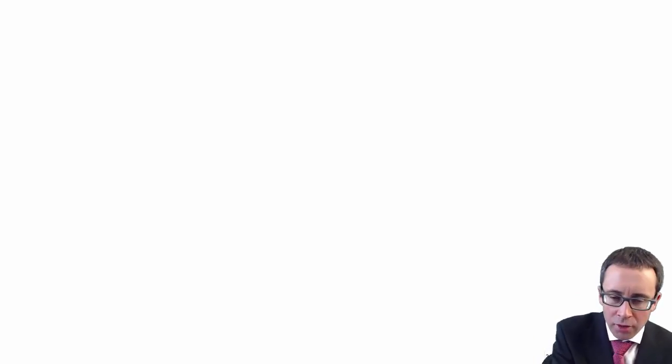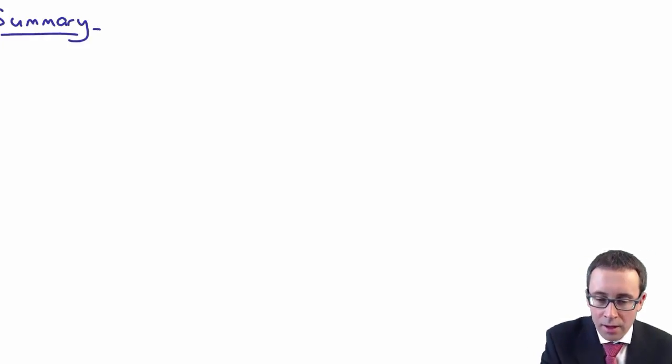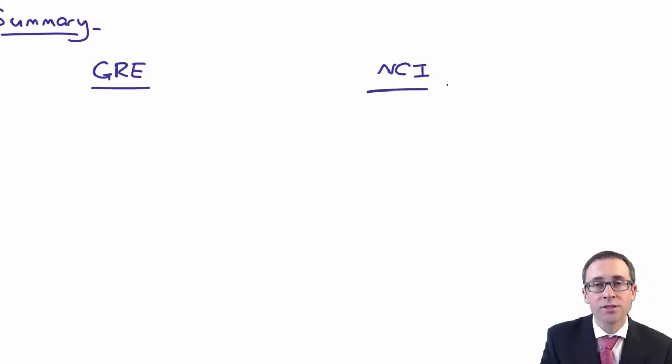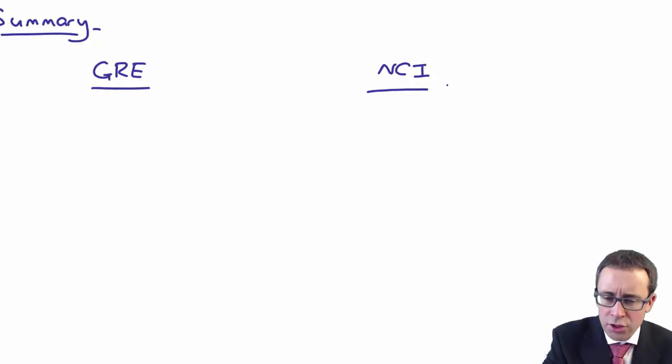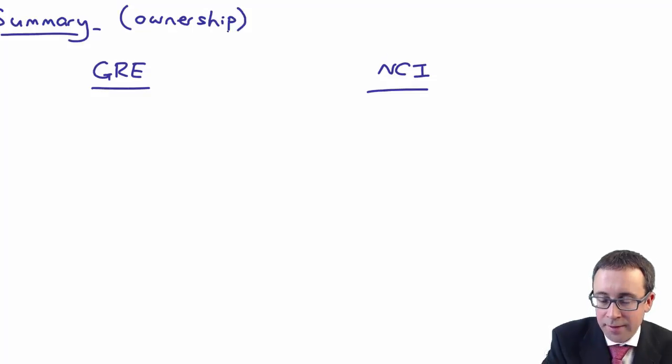So what I'll just do is a quick summary of the calculations. There's nothing there contained within your notes, so it may be worthwhile you putting it in. We're going to summarise the group retained earnings, GRE for short, and then on the other half of your page we can look at the non-controlling interest. Essentially this is a summary all about the ownership section, isn't it?